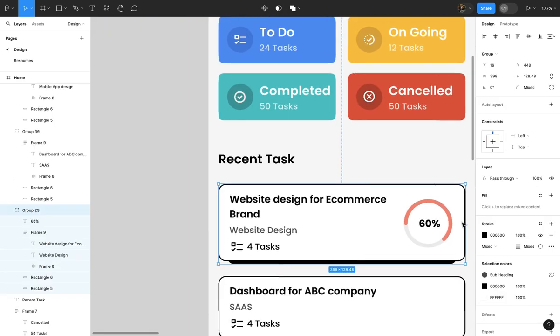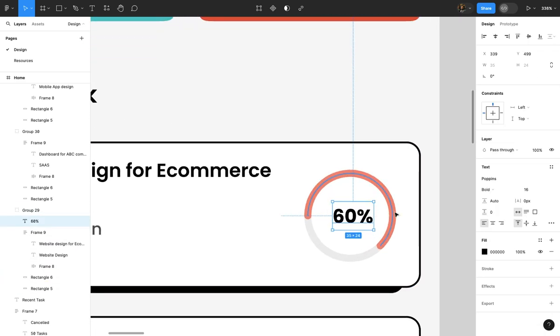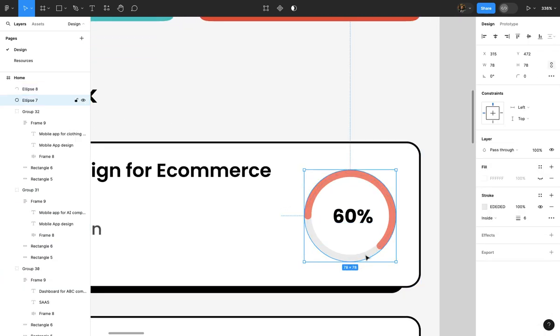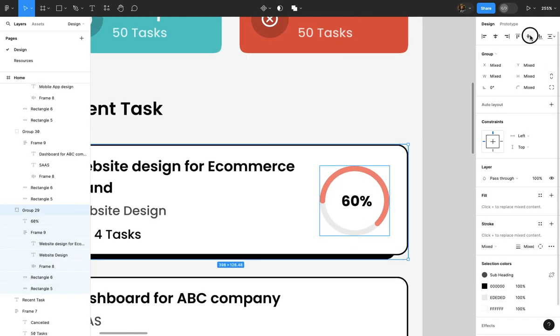Yep, now I think it's better. Okay, what you need to do is copy all of this, Command Z, group it together, align in the middle,